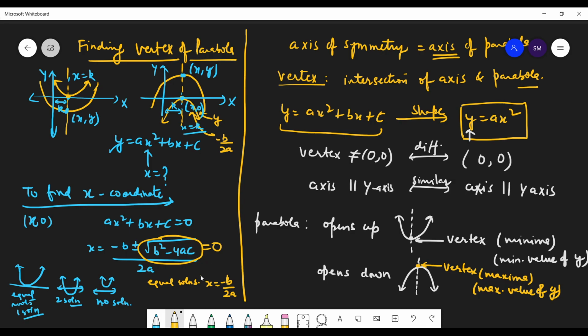So to find the x coordinate, we can use this equation now. So this is your B, this is your A. So put the value of B and A over here and we'll get the x coordinate, and from that we will get the y coordinate. And if it is not touching anywhere, then by this value we will find the roots. If there are unequal roots, then find the unequal roots by this formula. Okay?